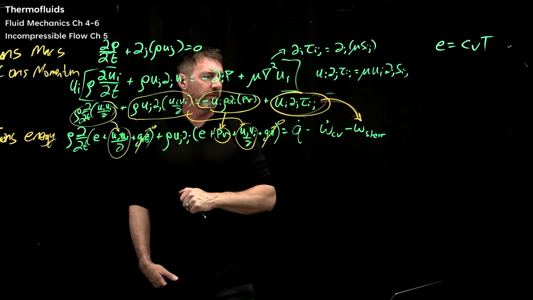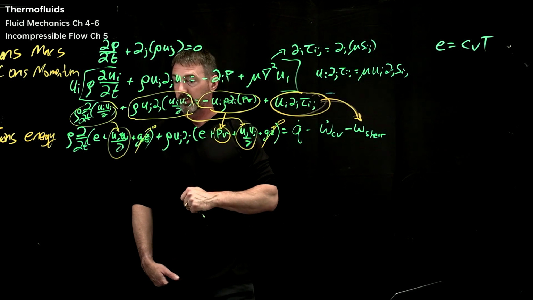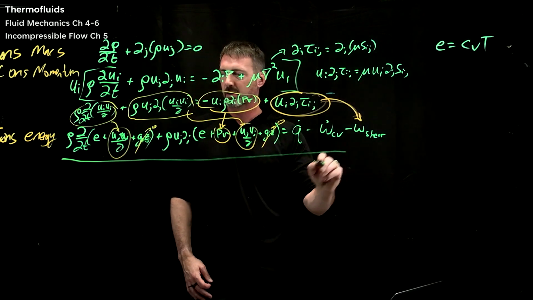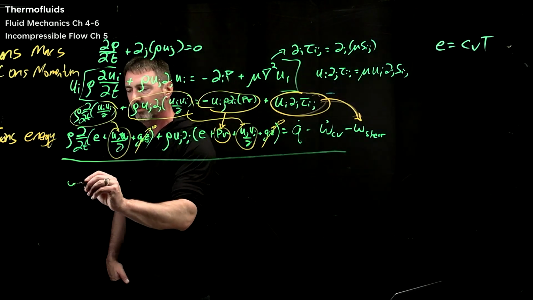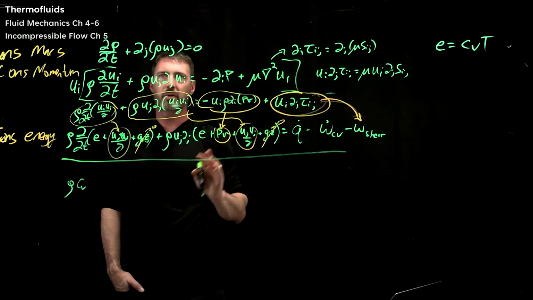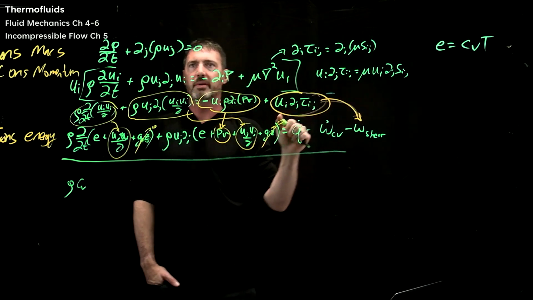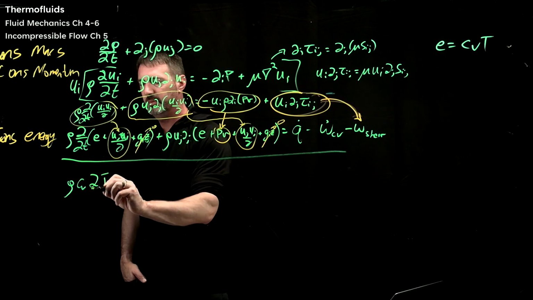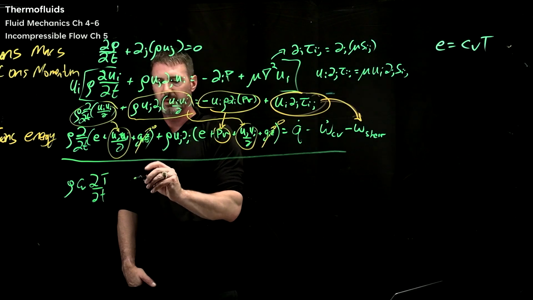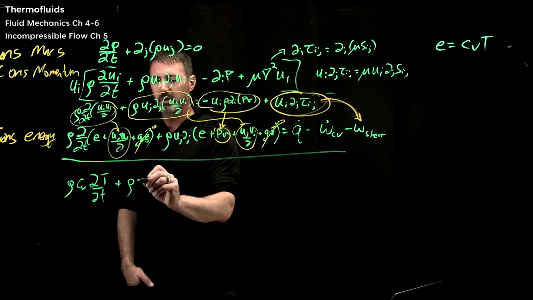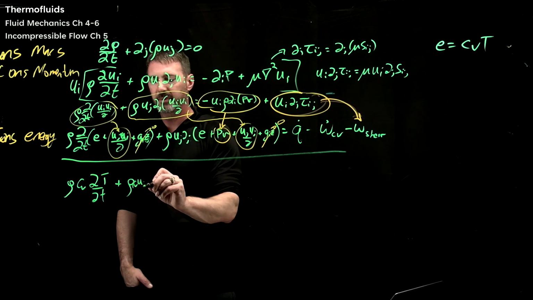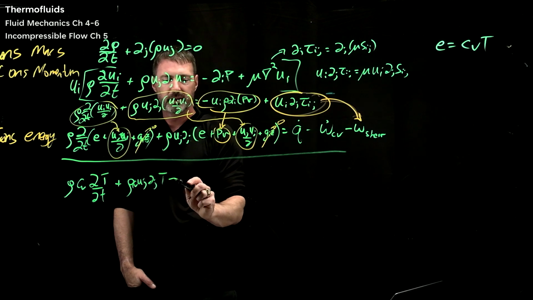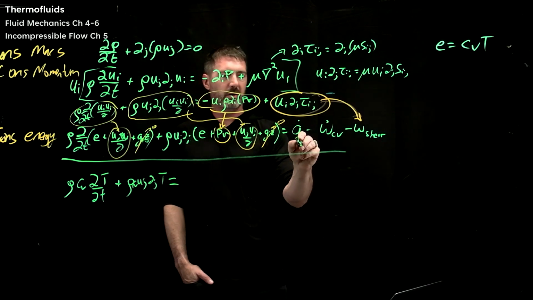So rewriting all of that, we'll put a line down here. What we then have is rho, and assuming the coefficient of heat is constant, d temperature dt, plus rho Cv uj del j T is equal to,